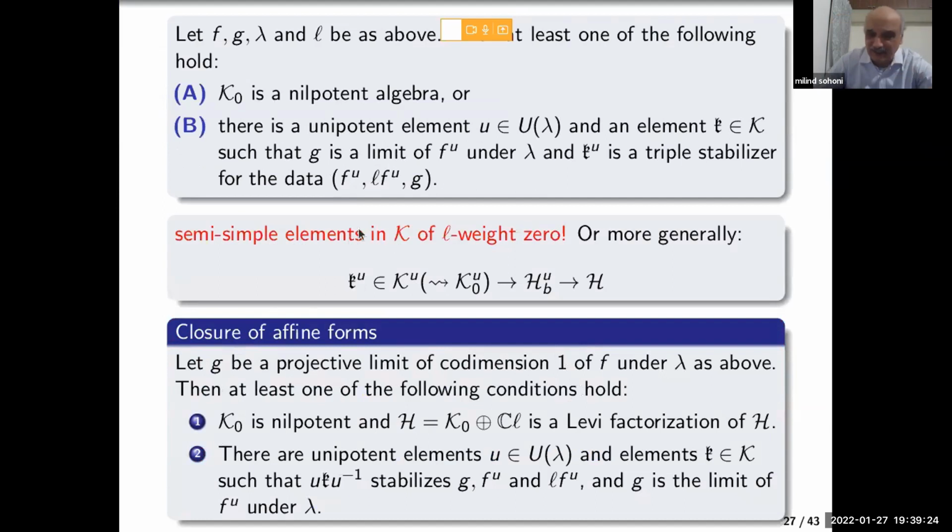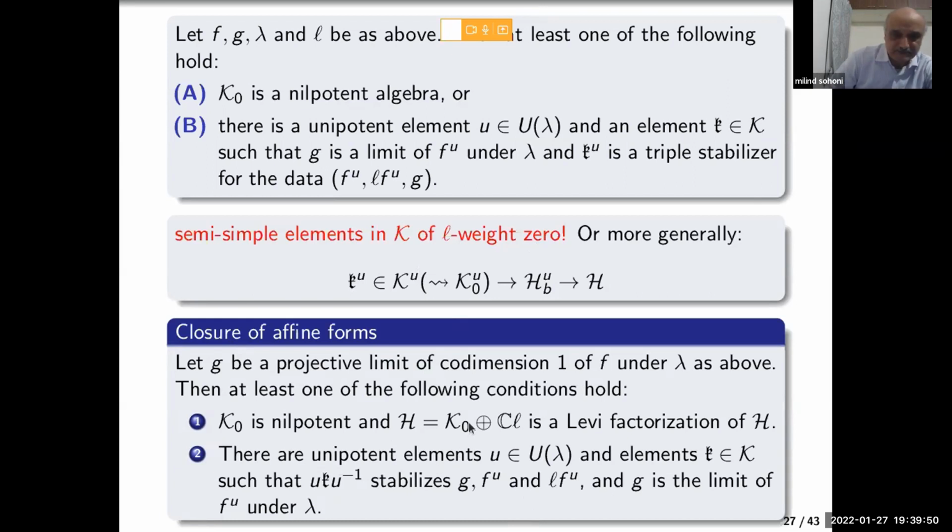Even when there are no pure weights, if there are semi-simple elements, then by some Levi conjugation one can reduce it to L weight 0, and we have the same structure. And in fact, for forms which are of codimension 1 in the orbit closure, some even more important structure theorems